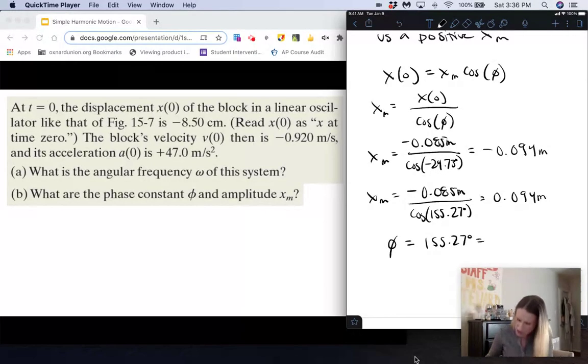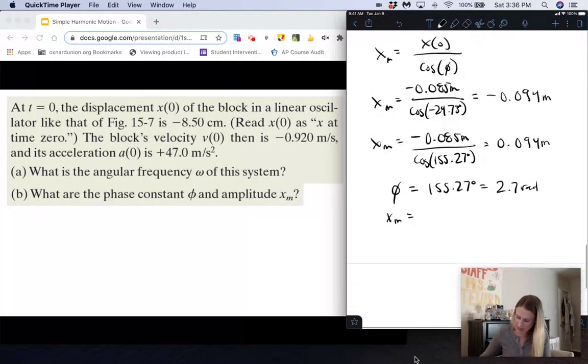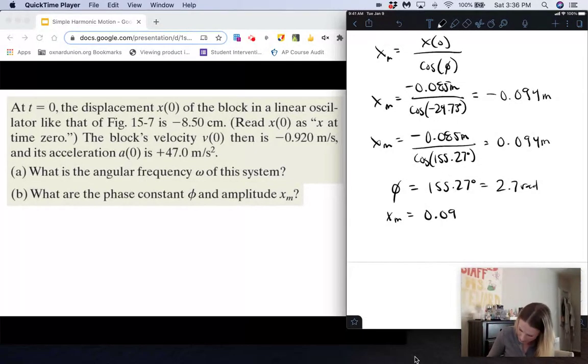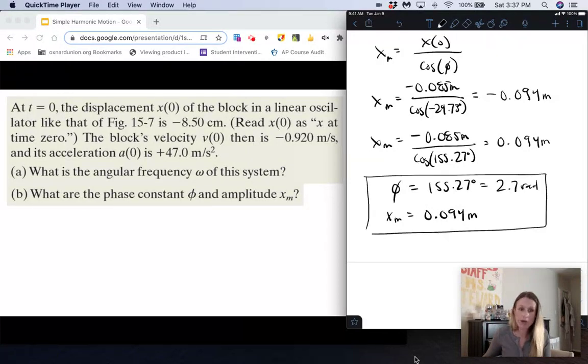155.27 degrees. You can also convert this into radians by multiplying by 2 pi and then dividing by 360. We get 2.7 radians for that. And then our x maximum, or amplitude, is equal to 0.094 meters, which was our other part of part